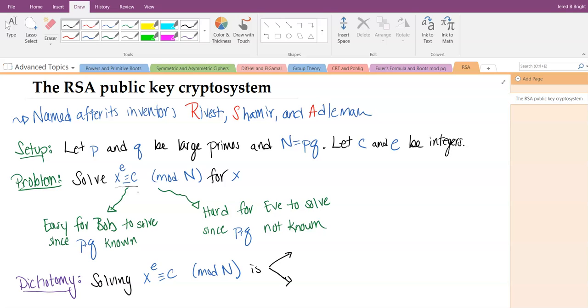In theory, what we really want to have happen is that it's easier for Bob to solve because he knows P and Q. But if Eve, who is eavesdropping, tries, this should be hard since P and Q are not known. With most modern technology, we can factor n fairly quickly. Go to Wolfram Alpha, type in factor, number, boom, hit enter, done. But if your n is something like 10 to the 50th digits,